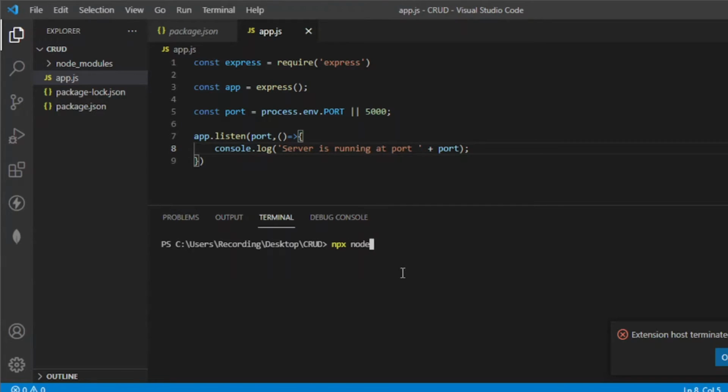I'm going to call Nodemon and then call the app. Instead of using the local Nodemon, I'll be using the one available from npx. So npx is the counterpart of npm. So if you hit enter,